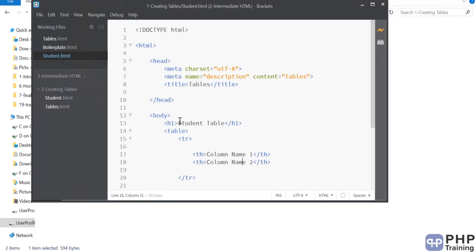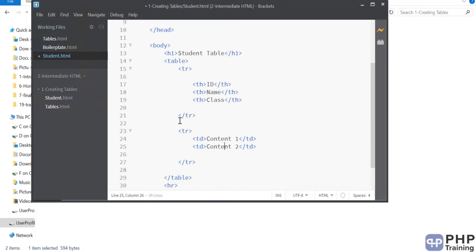Okay, the first part is we will create the columns. We'll create 3 columns for a student: ID, name, and class. Okay, for the content, we'll create the student content, and then his class.